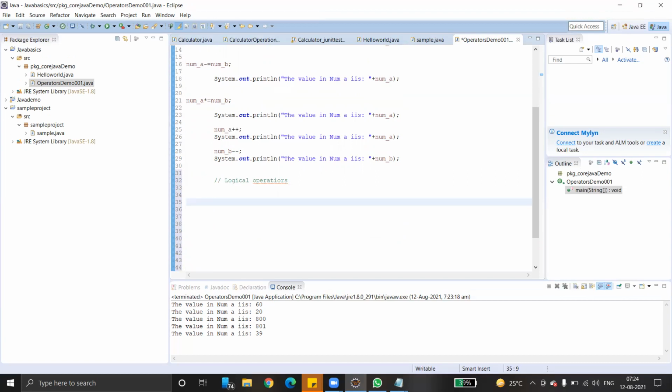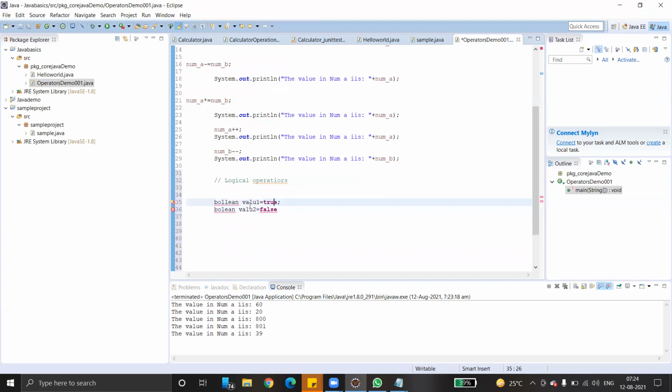Very simple. Just write one simple Boolean variable, value1 equals true. Boolean value2 equals false. That's all, true and false.